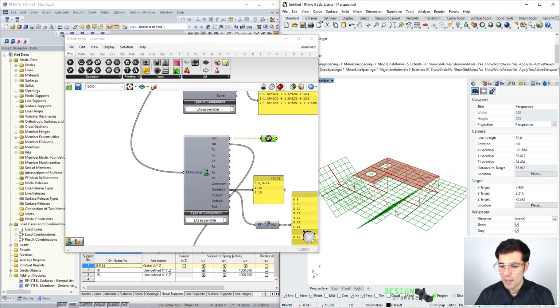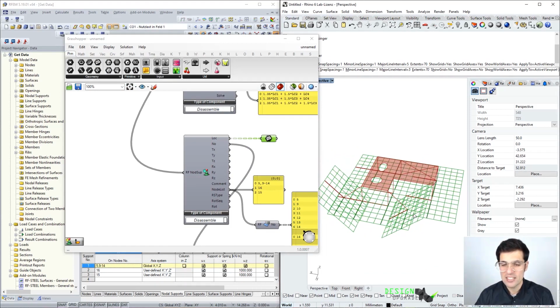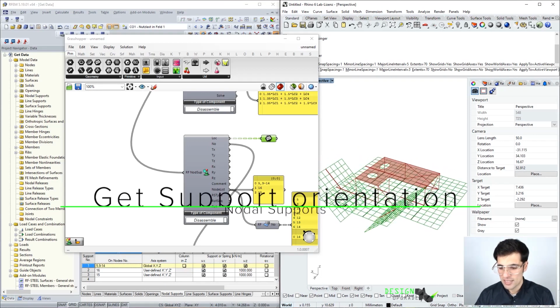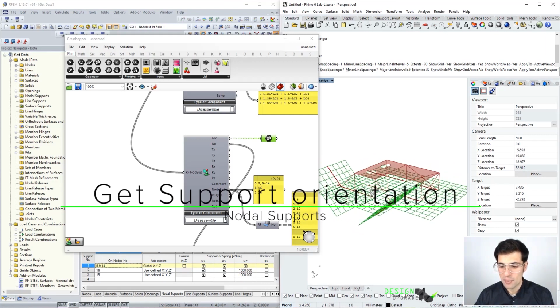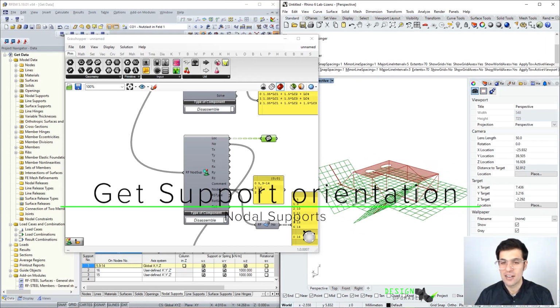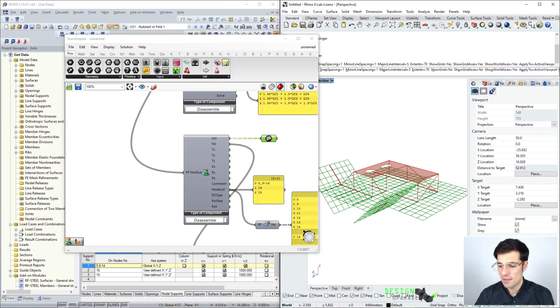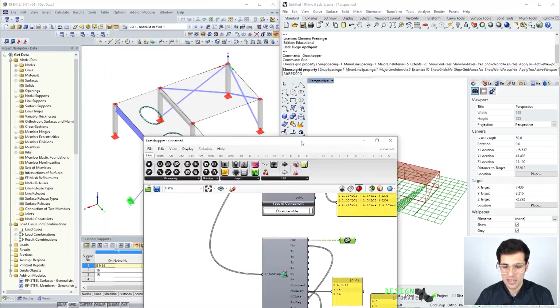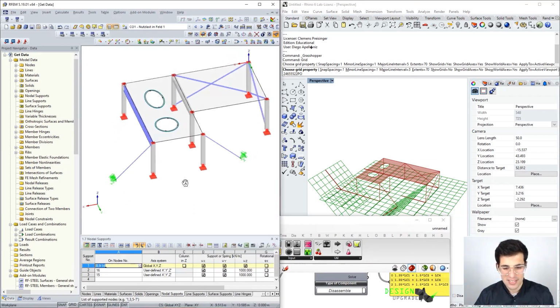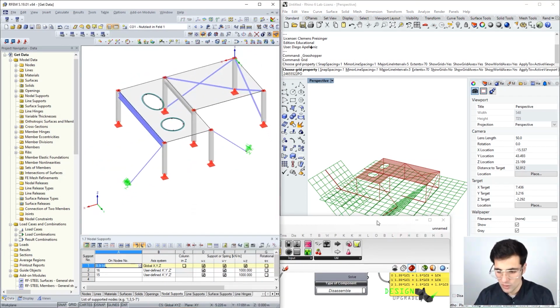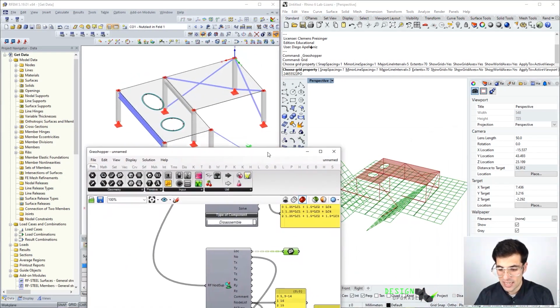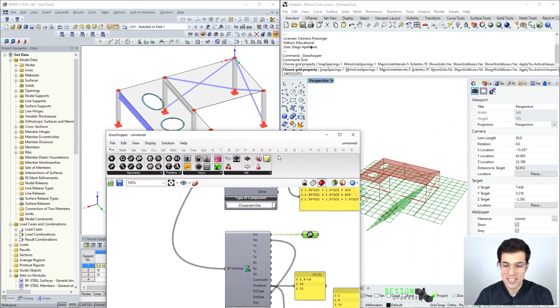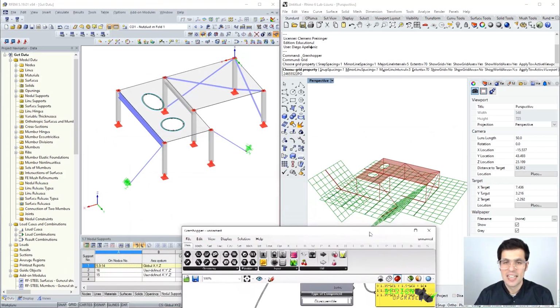but now, besides getting the location, we are also getting the orientation of our nodal supports, and I think this is interesting because we can see that we have actually 7 supports that have a normal vertical orientation, like most nodal supports, but we have these other point supports here that have a certain inclination. And let me just point out that this way of getting this orientation as a plane is very straightforward and